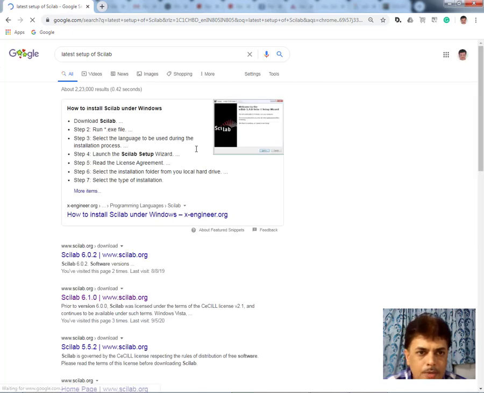Then click enter, and we observe that we are getting a very first link, which is the official website of the Scilab, www.scilab.org. We just click on this link.